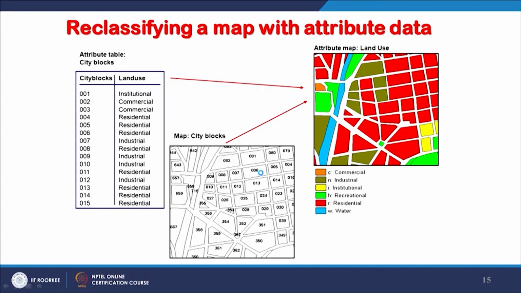Similarly, here is a slightly different example: reclassifying a map based on attribute information. The attribute I have against each polygon is the land use, how these plots are being used here. These are basically city blocks, and this is the land use. The same I have reclassified into this one, and this example is a 1-to-1 reclassification. That means there is no merger of two polygons